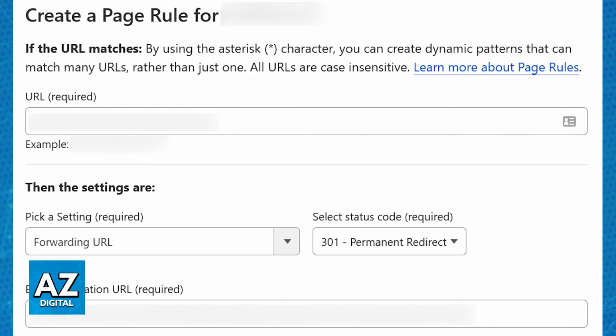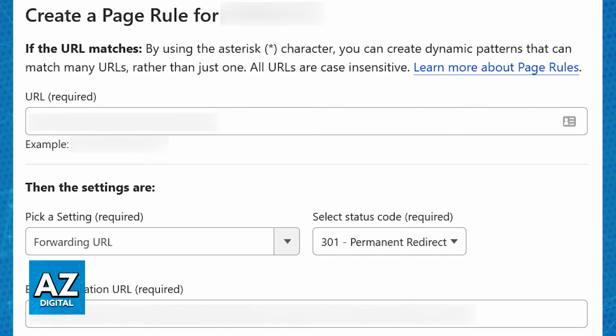This will then allow you to access the "to" field where you can input your new domain, replacing it with the new domain alongside www. This is going to ensure that the user's intended path after www is preserved during redirection. Make sure that you select the permanent redirection type or status code, also known as 301, and you will be able to save to create this page rule record.